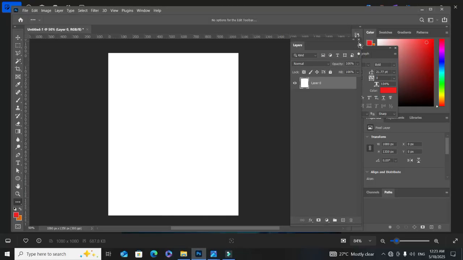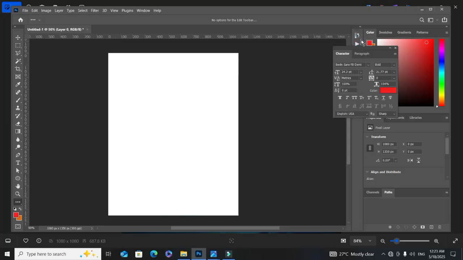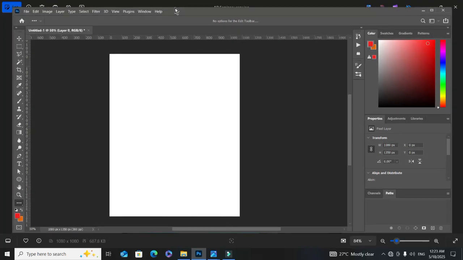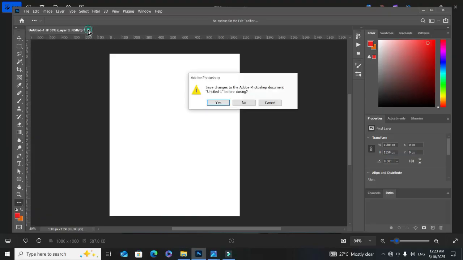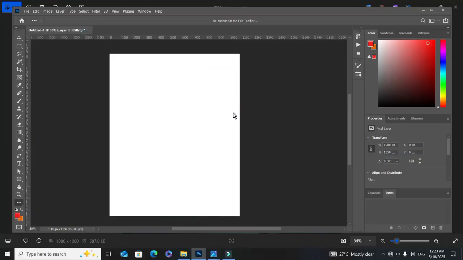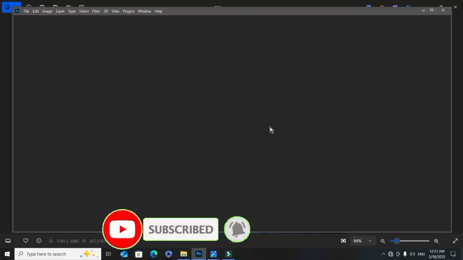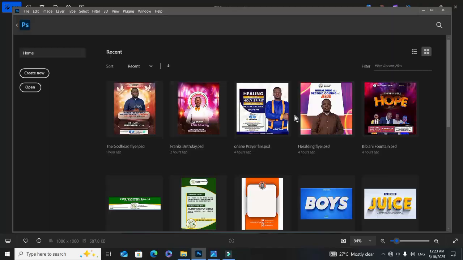Now, when you open the Photoshop application, let me close this to avoid any confusion. These ones you are going to be seeing in the application. You are not even going to see this far. So this one too will be off as well. And then I'm going to start from scratch. How to even create a new